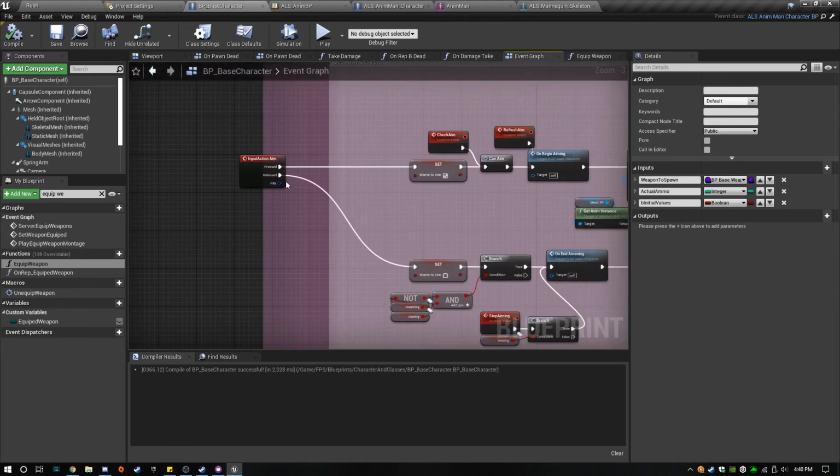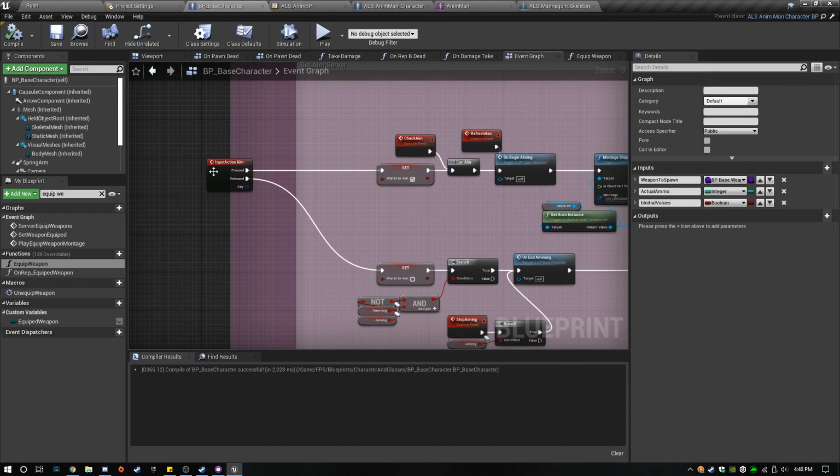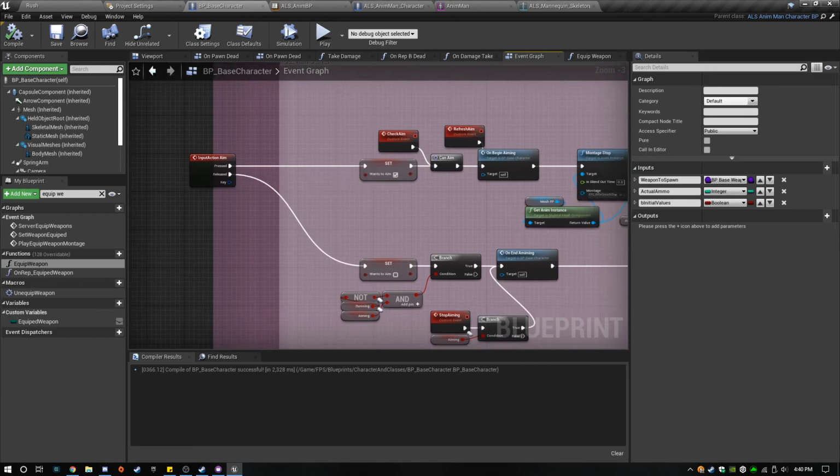So like I said, we need to do two things here. We need to set it so that the character actually aims. And I'm just looking up the node here real quick.